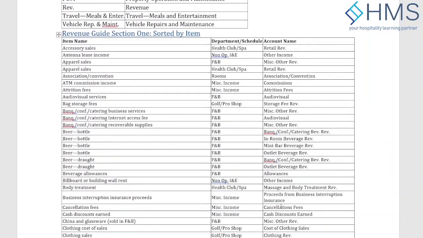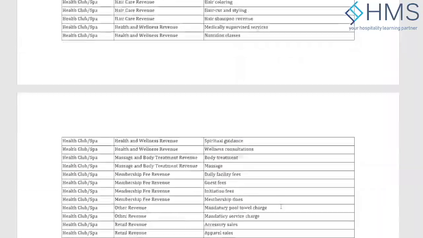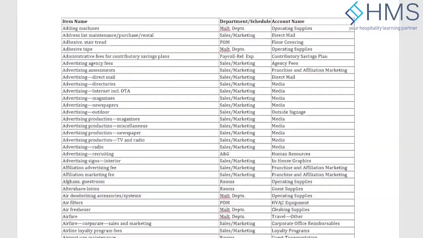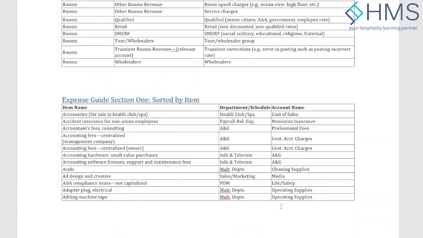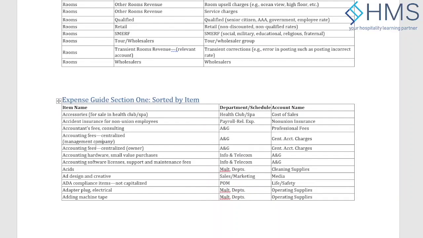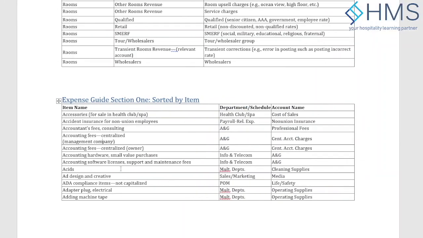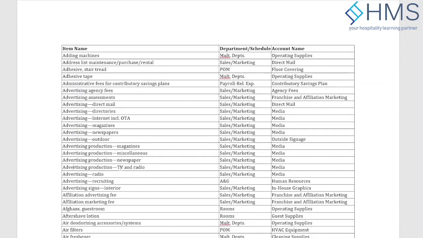Yes, sir. This is for revenue actually, and then you have the same for expenses as well. Here, this is your expense guide section. For example, accountant fees. Or let me see, maybe there is something for HACCP, LEED. It's strange. Okay, so these are the advertising expenses.